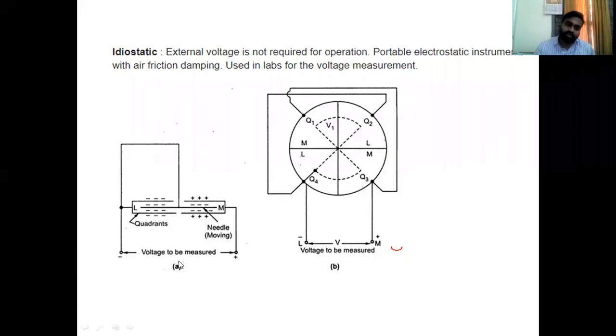Here we use fluid friction damping. The voltage to be measured is connected to the fixed plates as well as the movable plate. The outer periphery is the fixed plates and the inner periphery is the movable plates. Fixed plates are charged with one charge and the movable plates with one charge. Due to the force of attraction, the movable plate will start deflecting and the needle will start deflecting. So that is about two types of